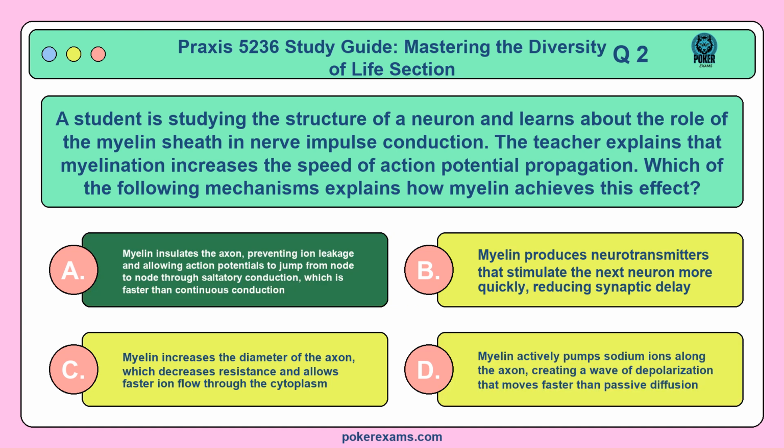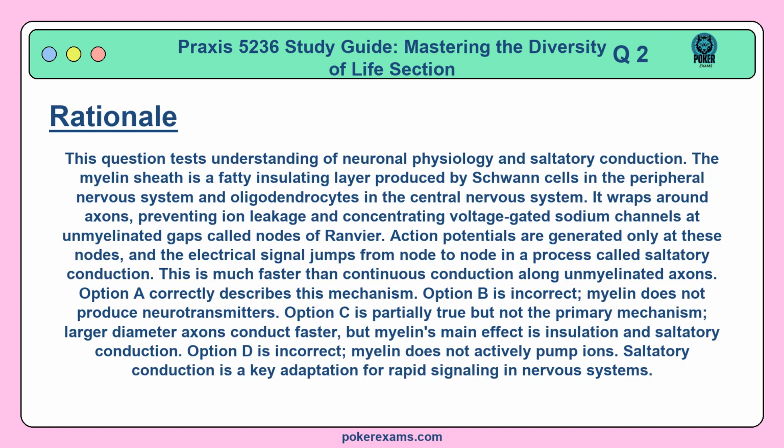The correct answer is A. This question tests understanding of neuronal physiology and saltatory conduction. The myelin sheath is a fatty insulating layer produced by Schwann cells in the peripheral nervous system and oligodendrocytes in the central nervous system. It wraps around axons, preventing ion leakage and concentrating voltage-gated sodium channels at unmyelinated gaps called